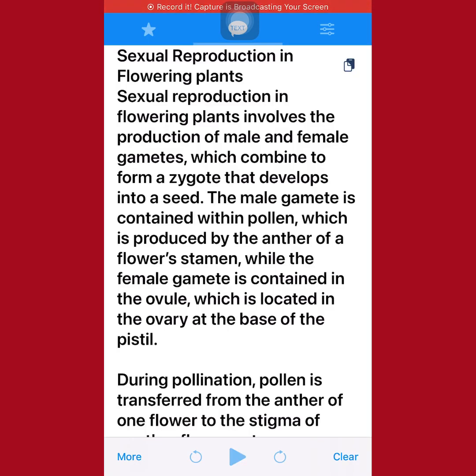Sexual reproduction in flowering plants. Sexual reproduction in flowering plants involves the production of male and female gametes, which combine to form a zygote that